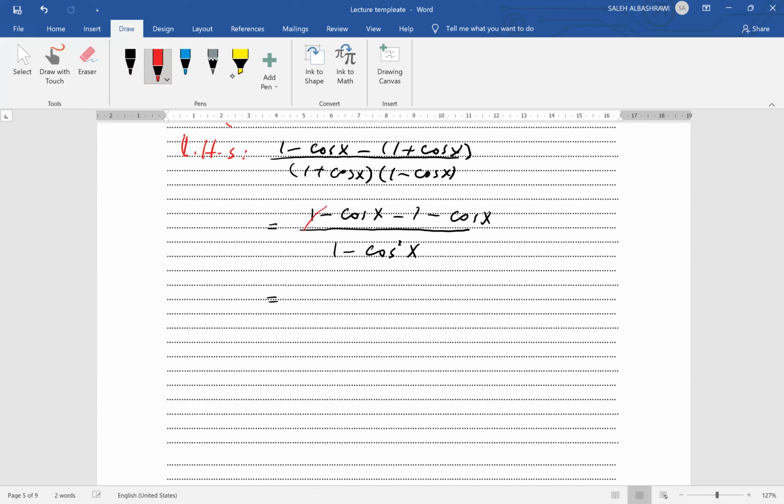Now this 1 minus 1 will be cancelled. Minus cosine with minus cosine will give me minus 2 cosine. So this is minus 2 cosine x divided by 1 minus cosine square. This is equal to sine square. That will be divided by sine square,